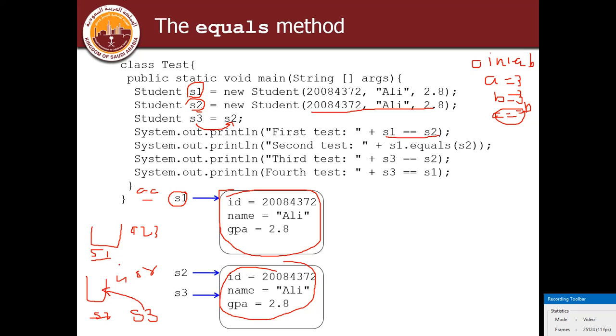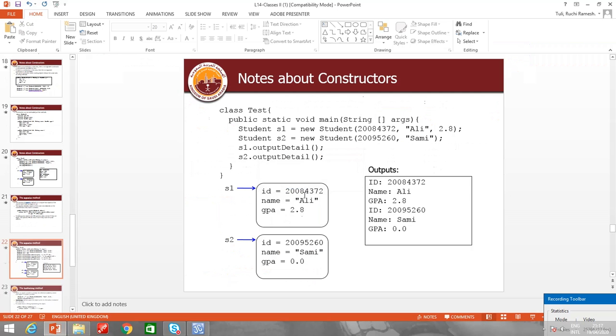So when it compares these two objects, it is actually comparing their memory addresses. This address is something like 123, and this address is something like 456 maybe. Alright, let me give you an example for this memory address.